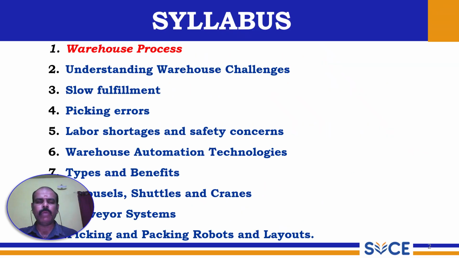So under unit 1, there are 10 topics. The first topic is going to be warehouse process. The term itself tells warehouse and process. So there are two topics which are directly governed by it, and further we'll get into the other things, especially those which deal with challenges in warehouse activities. So now